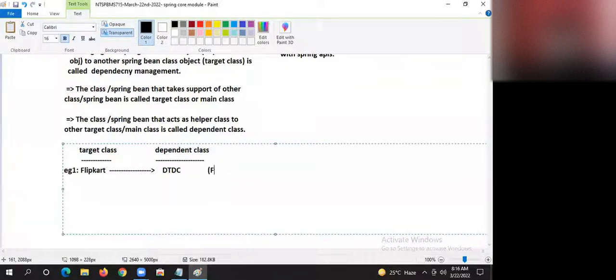Flipkart uses DTDC to deliver the product.